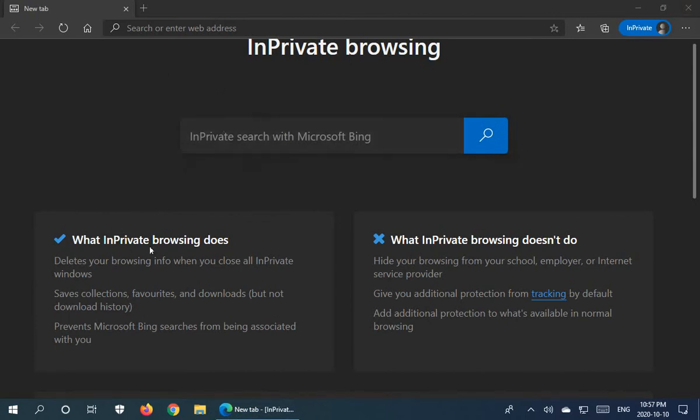it gives you some notes about what this does. It deletes your browsing info when you close all InPrivate windows, right? You can still save collections, favorites, and downloads, right? But your download history won't record any of these events, and it prevents Microsoft Bing searches from being associated with you,